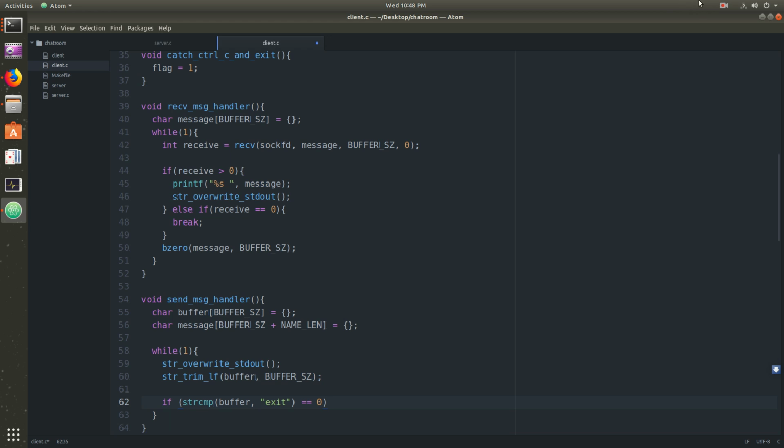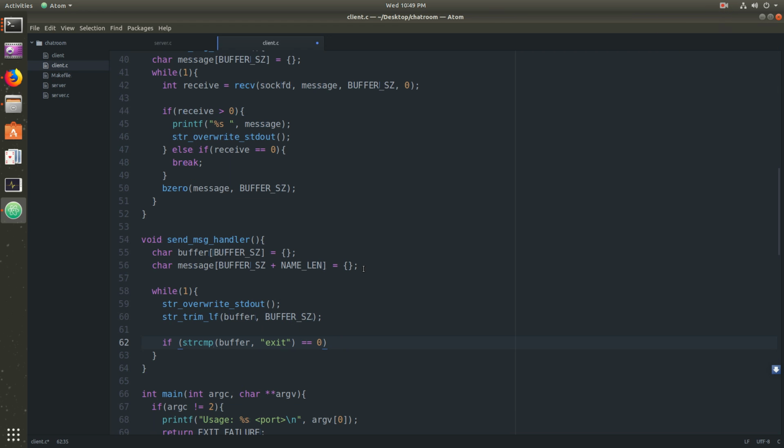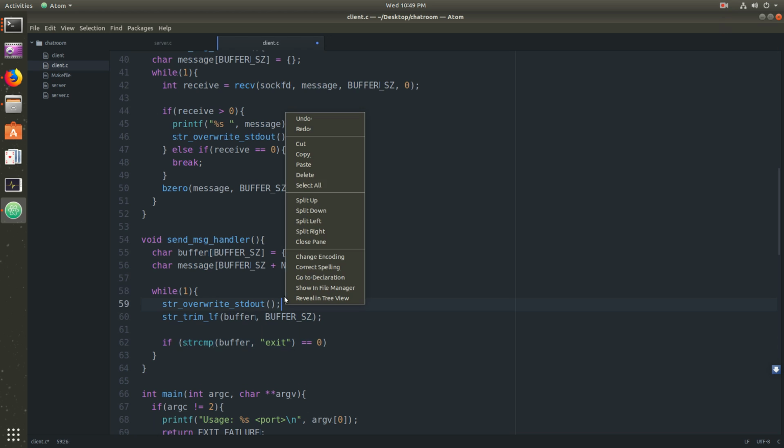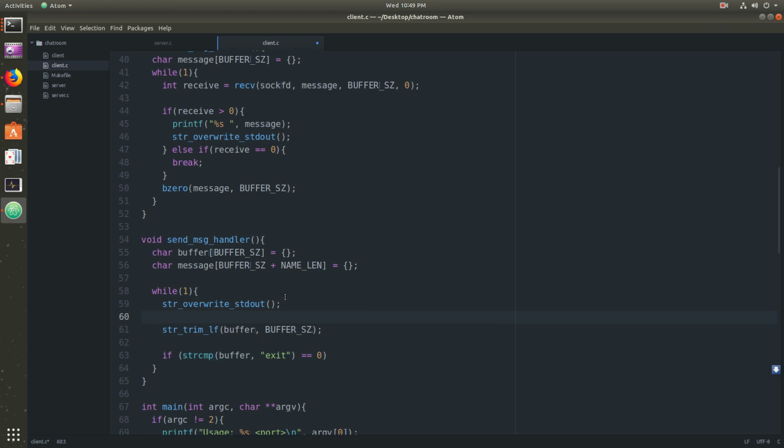I think I have a little confusion. Wait, what we have not done is we haven't received the message yet from the client. fgets gets the buffer size and the standard input. Okay, that's what I missed here. And now if the buffer message we have received is exit, then break, and else if it's not exit,